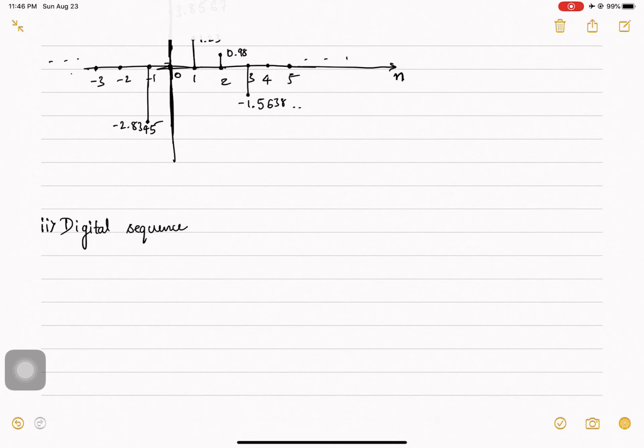The difference between the discrete time sequence and the digital sequence is that there was a constraint on the x-axis and no constraint on the y-axis in the discrete time sequence case. But in the digital sequence there is a constraint on both the x-axis as well as the y-axis. The x-axis can take only the integer values, whereas the y-axis can also take only certain values, not any value between minus infinity and plus infinity, but a fixed set of values. For example,